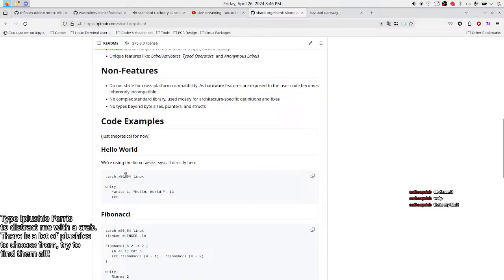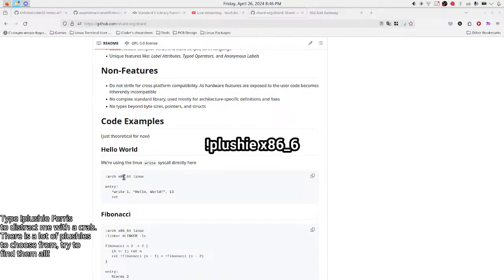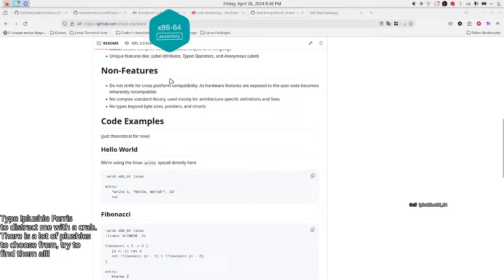Arch x86-64 is if you are going to write an assembler yourself. Oops. This is the scariest thing I've ever seen.